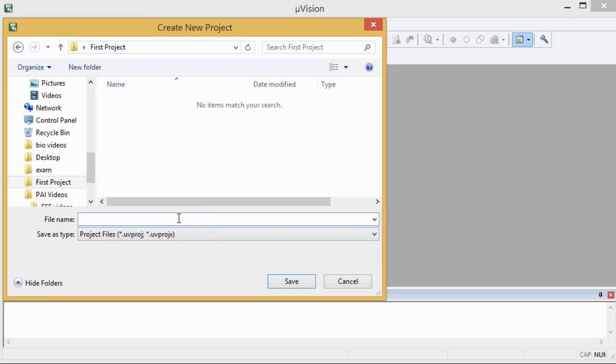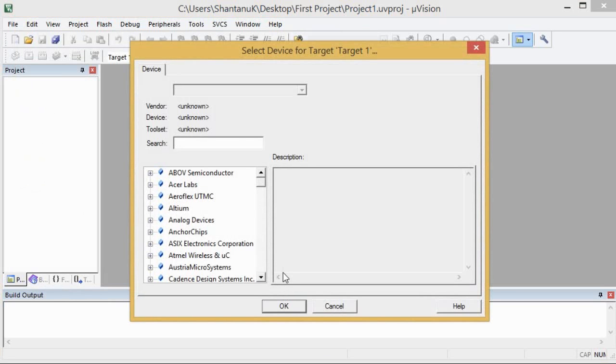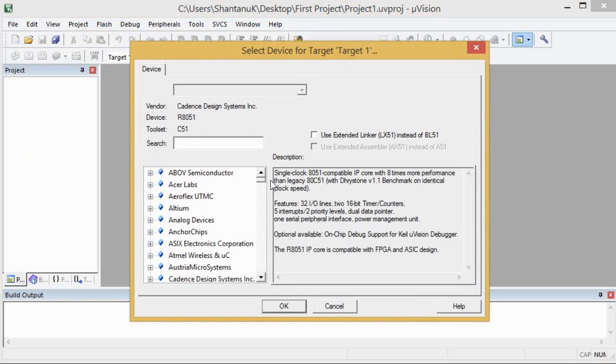Now I will have to save the project. The name of my project is project1, and after that I will click on save. After that a window will appear saying select a device for target 1. Here we are working with the 8051 microcontroller. You can see there are lots of companies which offer different microcontrollers. We want our microcontroller, that is